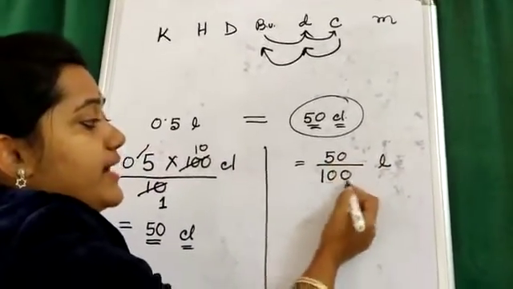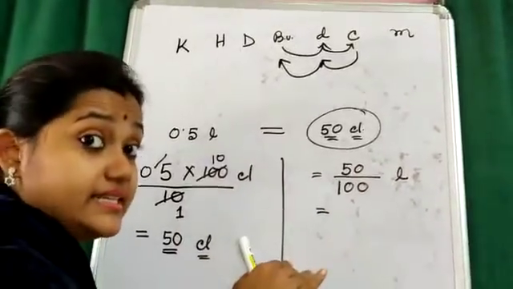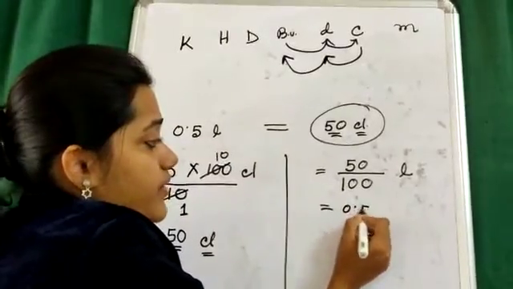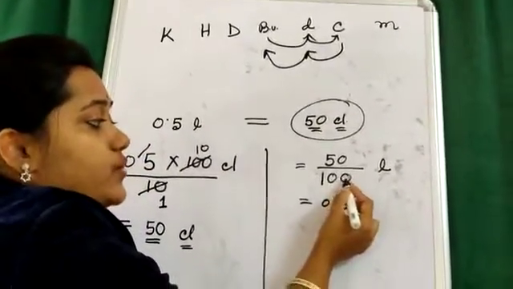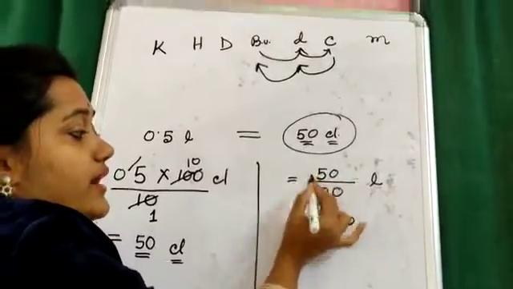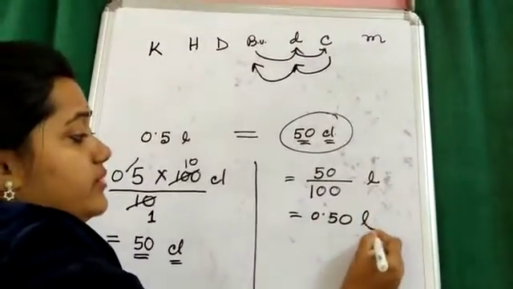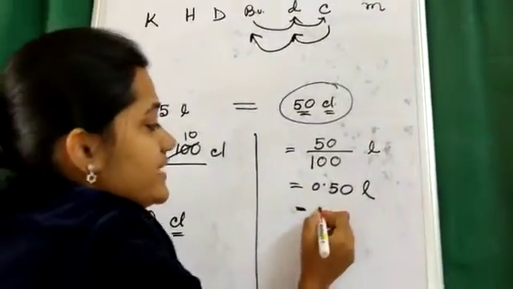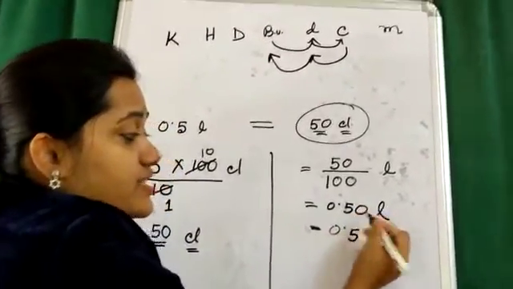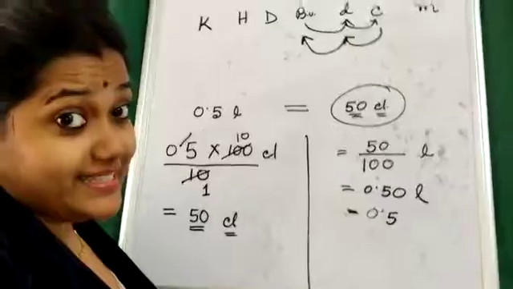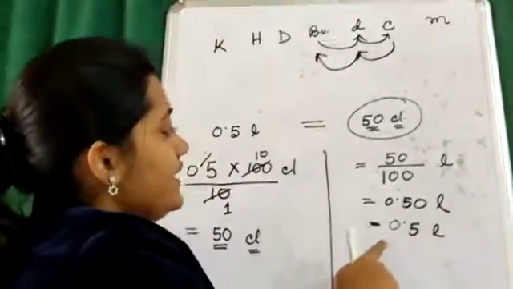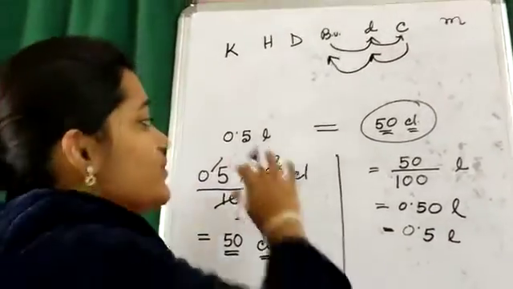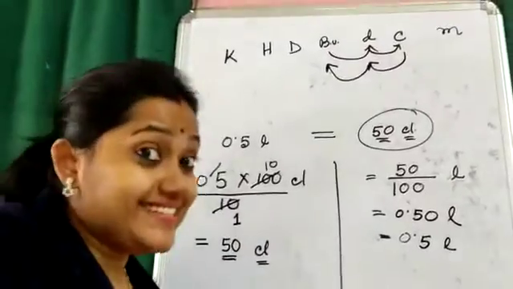Now after that 50 by 100, if I am expressing it in decimal, that is 50 100th. What does it mean? 0.50. Okay, that 2 zeros and 2 digit I have taken for one decimal point. And 0.50. Why again 0.50 means what? 0.50 is nothing but 0.5, because using the concept of equivalent decimal. So in this way also you can see that yes, this is nothing but 0.5 liter. So both are same. Isn't it interesting?